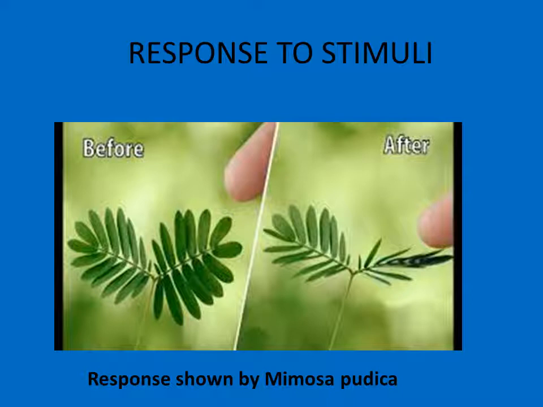Similarly, plants show a variety of responses. Response towards light is known as phototropism. A response towards chemicals is known as chemotropism, and response towards soil is known as geotropism. And besides these, there are numerous responses that are shown by plants as well as animals. For example, when you prick a needle to anybody's body, that person shows a response towards that particular stimulus. So all living organisms can sense the changes in their environment, and in order to protect themselves, they show a variety of responses.